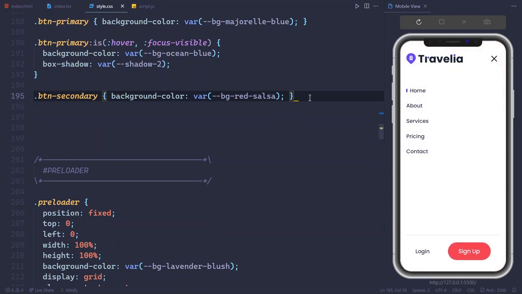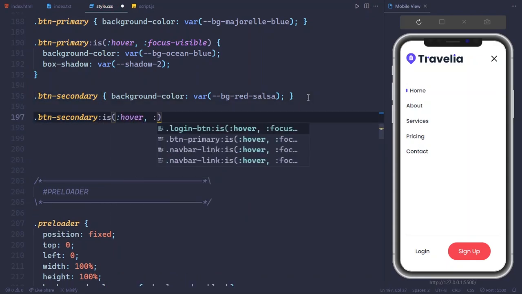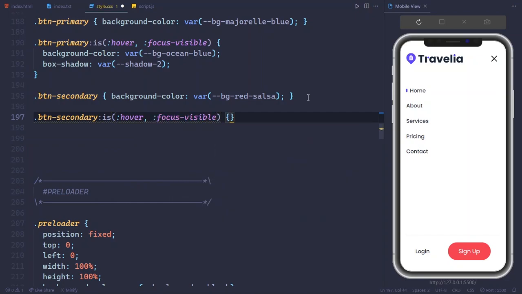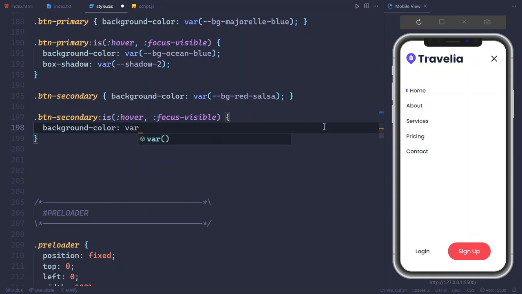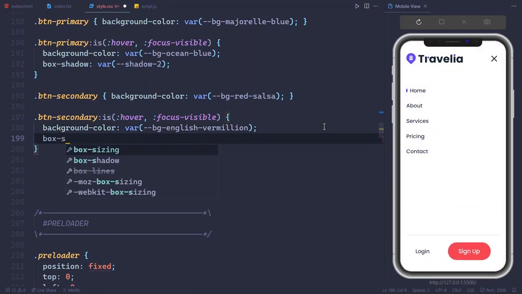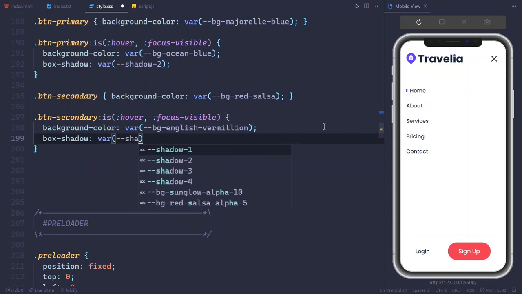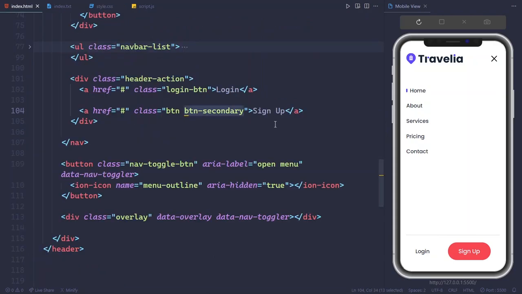And for the btn secondary, hover effect will be hover and focus visible, background color will be var bg English Vermilion, and then box shadow will be var shadow 3. And now let's check it, like this. Right after that,